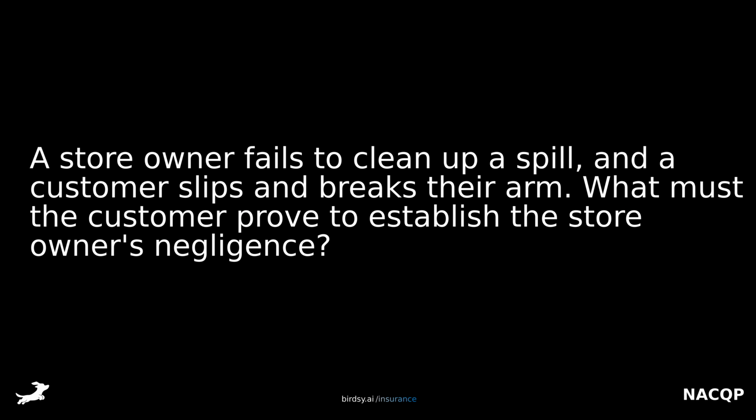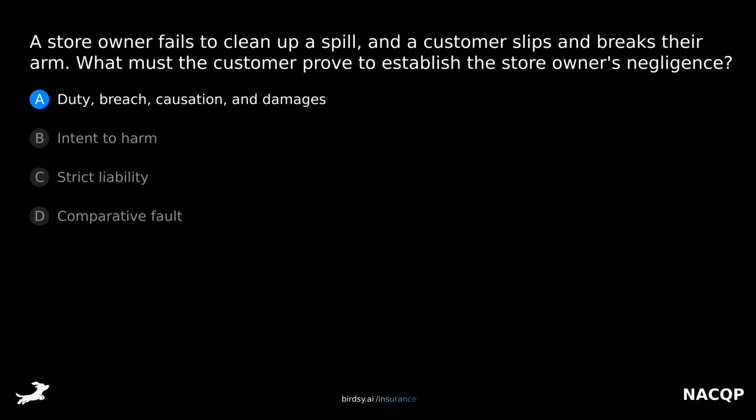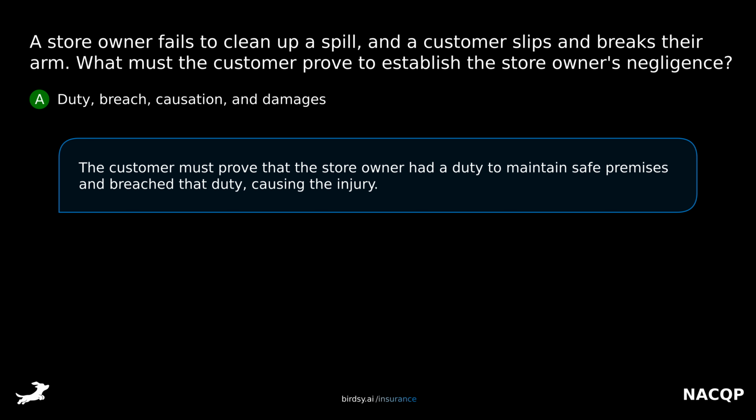A store owner fails to clean up a spill, and a customer slips and breaks their arm. What must the customer prove to establish the store owner's negligence? Is it A, duty, breach, causation, and damages, B, intent to harm, C, strict liability, or D, comparative fault? The answer is A, duty, breach, causation, and damages. The customer must prove that the store owner had a duty to maintain safe premises and breached that duty, causing